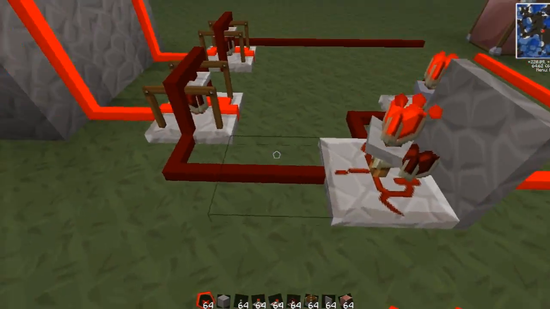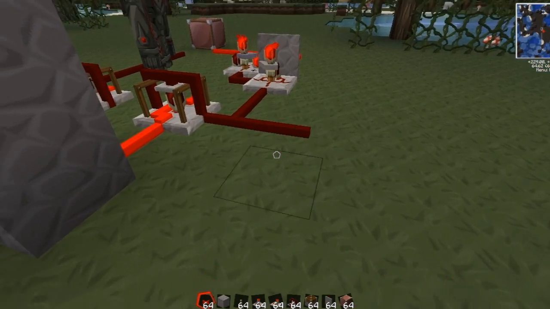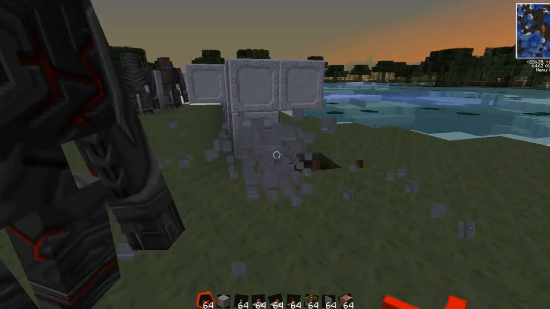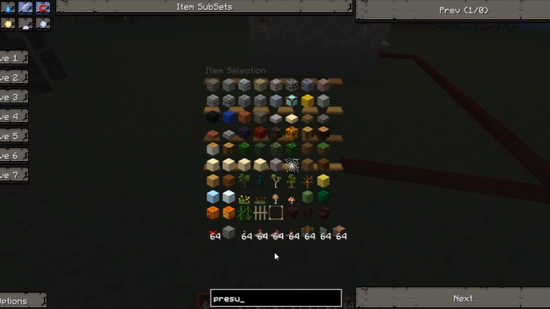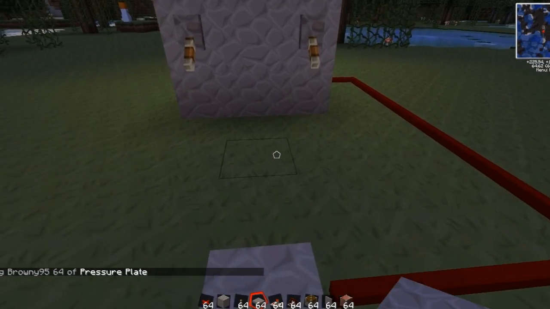Right, so what have we got here? We want this timer to start as soon as someone walks in. Your iron golems are in the way. Move them away from here. Right, we want... Right, I need a pressure plate. Just blow some of them up. I've spelled pressure wrong. Press, that's near enough. What can I get rid of now? The timer. Right, so when the person walks in...